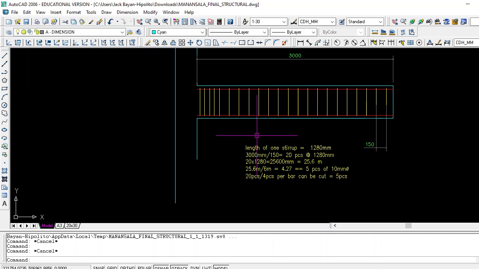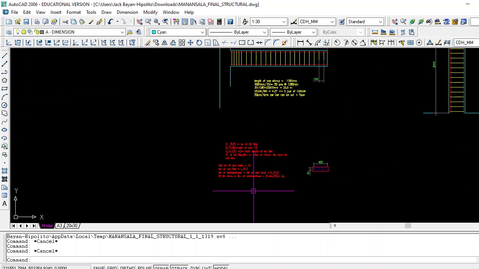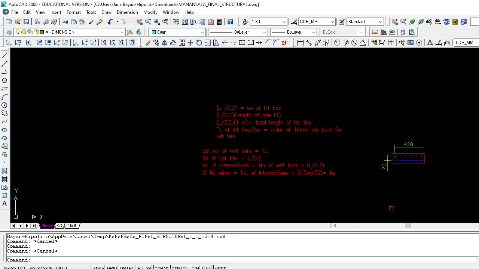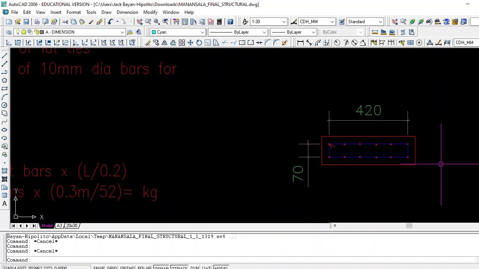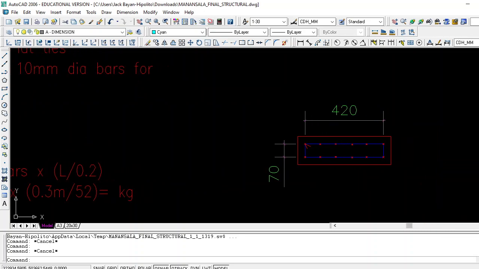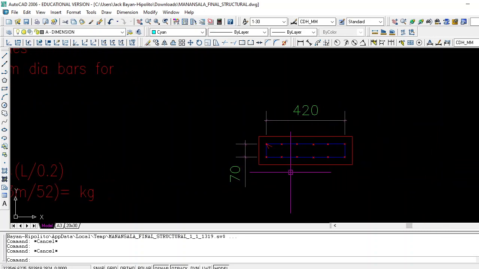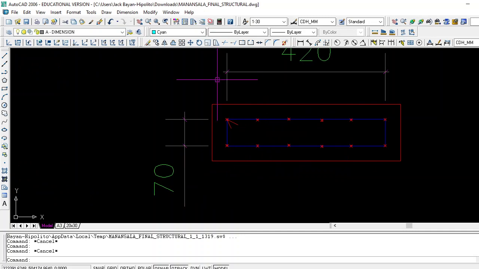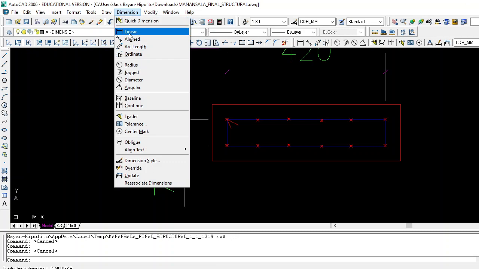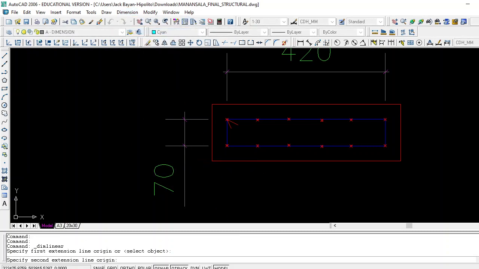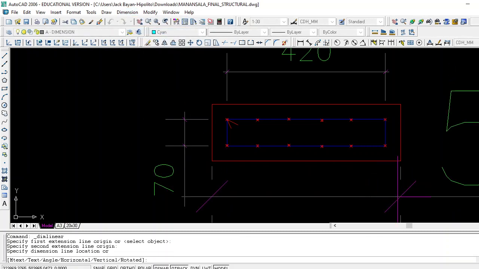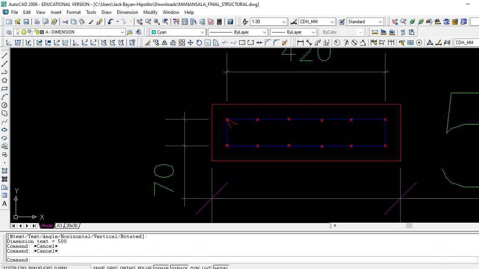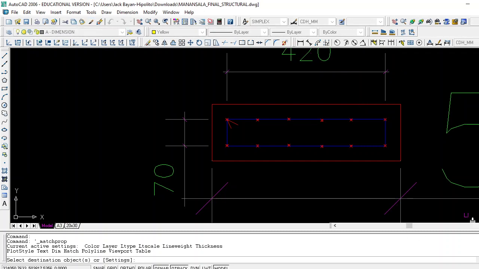Okay? So, magkakaroon tayo ng konting additional computation. Now, pag kinonsider mo yung column mo, say for example this one, we have a column here, tapos let's say kung i-consider ko yung dimension nito, this column is actually 500 by